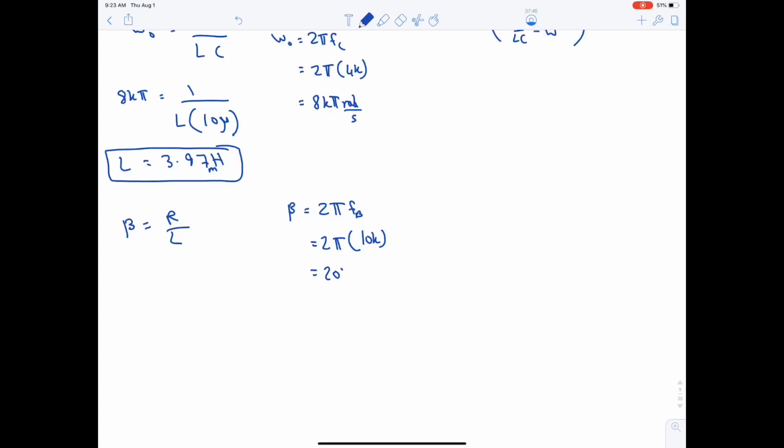So the answer is 20 kilo pi rad per second. 20 kilo pi is equal to R unknown, L is 3.97 milli, which will give us R equal to 249.4 ohm. Okay? Now,